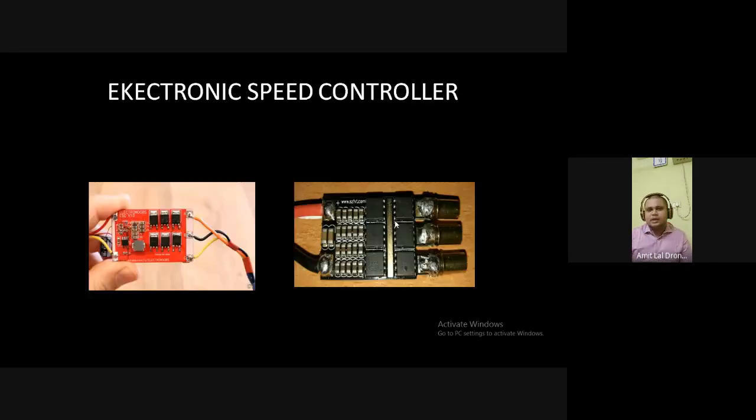Next is the electronic speed controller. You may see it called ESC, because that is how it was named originally, and then it became electronic. These do the work of changing the speed of the motor. As I said, they have a particular frequency, so they can increase or decrease the frequency. The amount of voltage and current given will also be proportional to the power of the electromagnets that are going to be induced. So that is the work done by the electronic speed controllers.